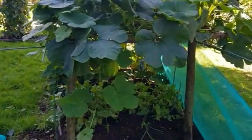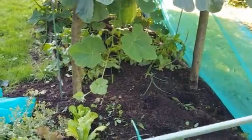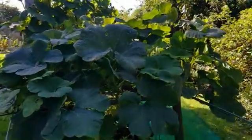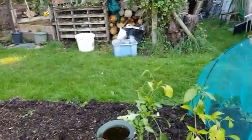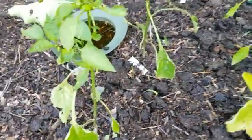My Anaheims were in this bed here. I think they did reasonably well in terms of the amount that I got, because this side of the garden tends to get the sun earlier in the day. The other chilies that I planted outdoors are these ones over here. I don't know whether I just didn't grow them right. These are